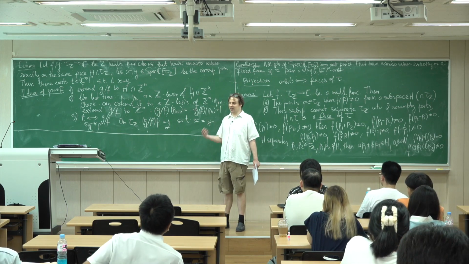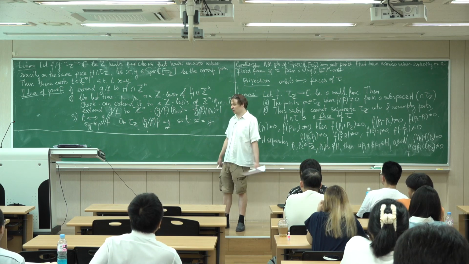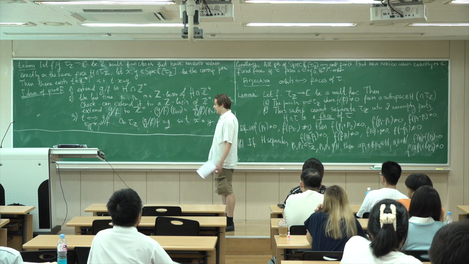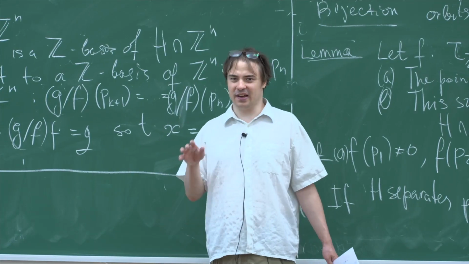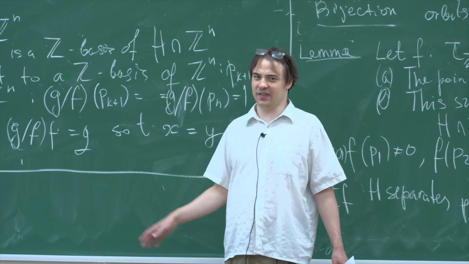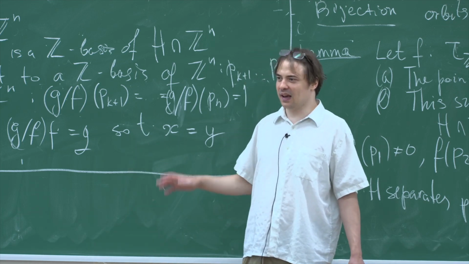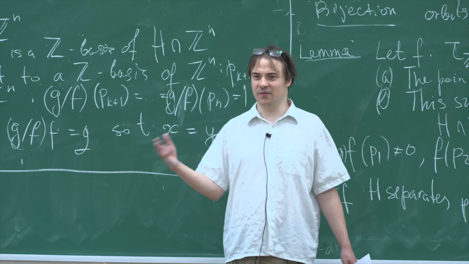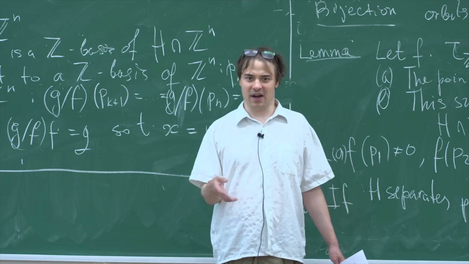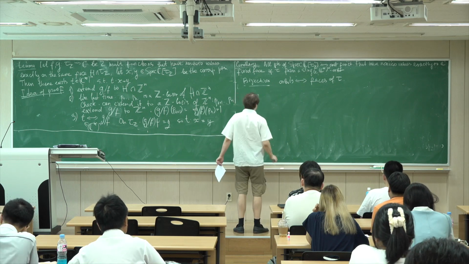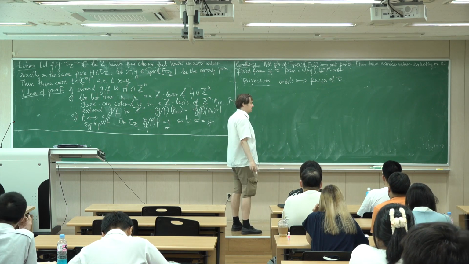So there was an open orbit. These ones are of course not open, but the question we can ask is, if we take the closure of an orbit, the minimal closed subset which contains this orbit, how does it look like? We will see that it contains some other orbits. So how can we describe such an orbit with equations?